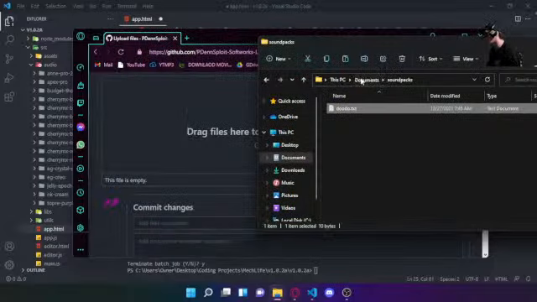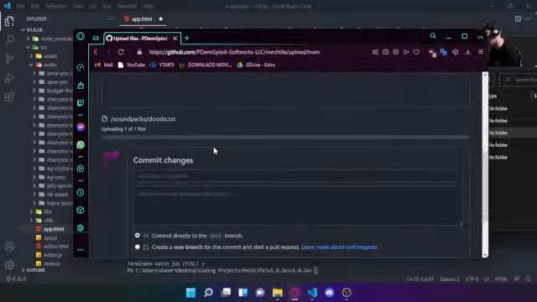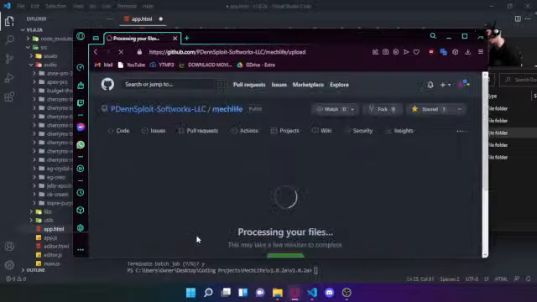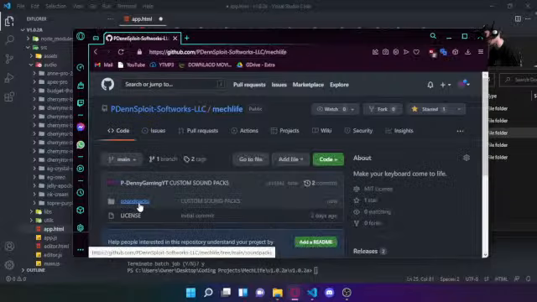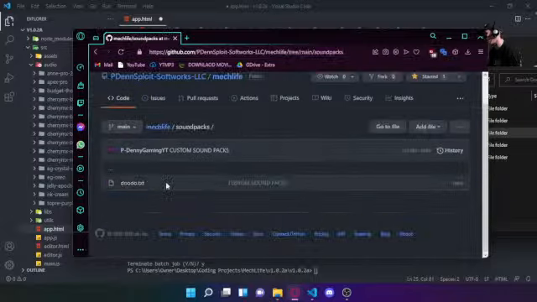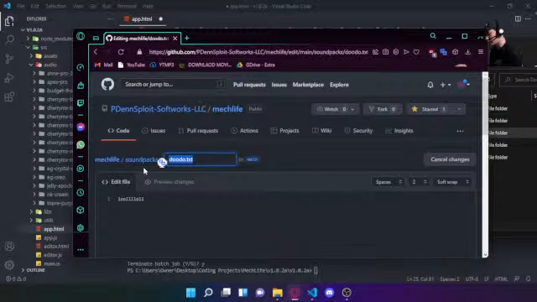Okay, now if we drag sound packs in, it'll work. Oh, yeah, there we go. Okay, so we'll just go custom sound packs, commit our changes. So sound packs, and then what we'll do is we'll edit this readme.md,